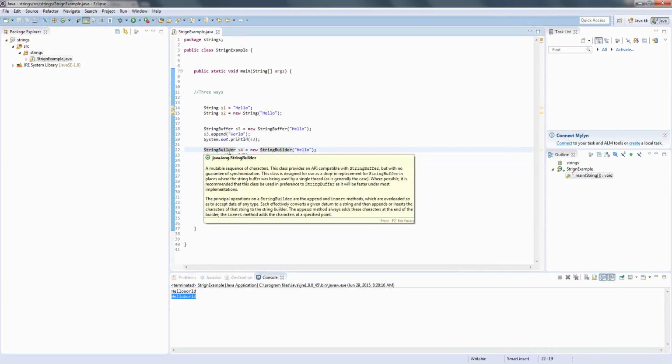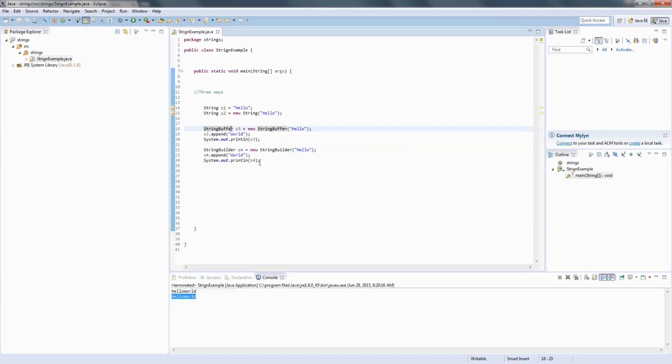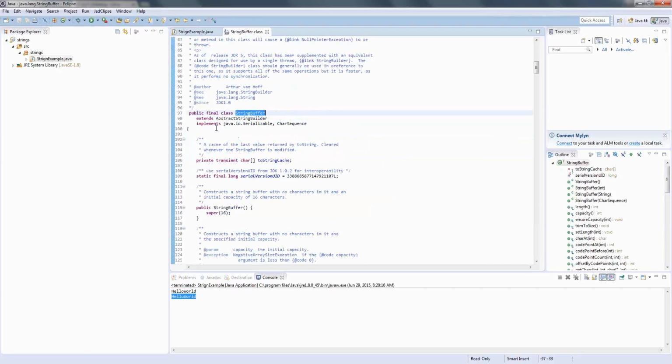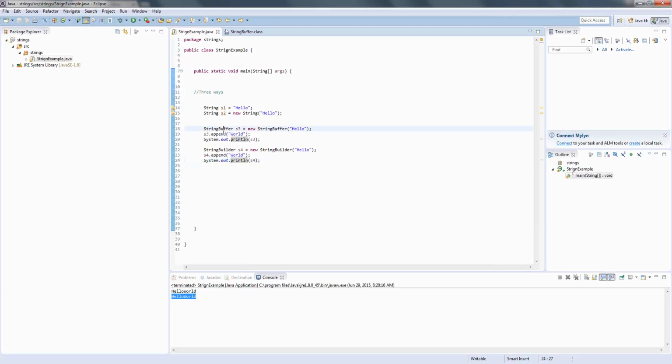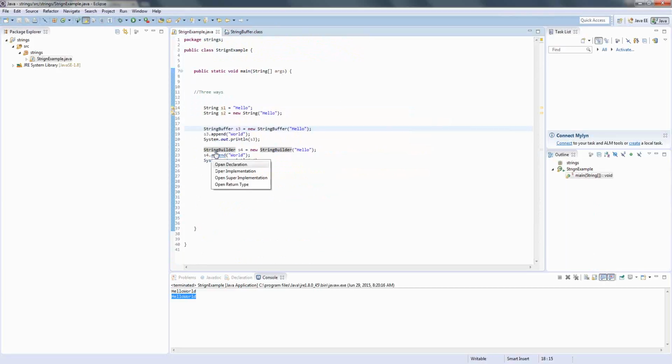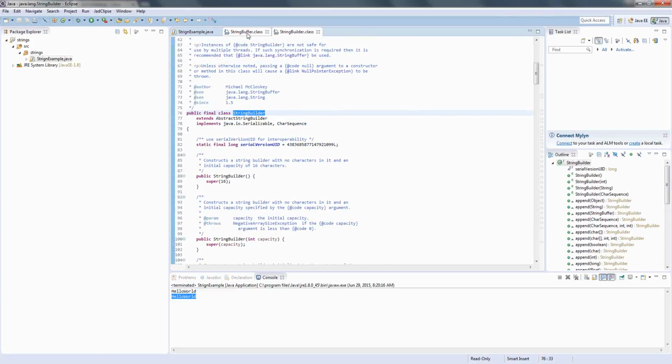But what is the difference between StringBuffer and StringBuilder, and why should we use them like this? The reason is, one second, let me check whether the source is opening. Okay, fine. There's a technique to see how these classes are made. You press control and hover your mouse over it, and it will show you the String class, whatever Java has written. This is the Java .class file, if you see the extension here. So I can open that class and see what exactly is inside StringBuffer and